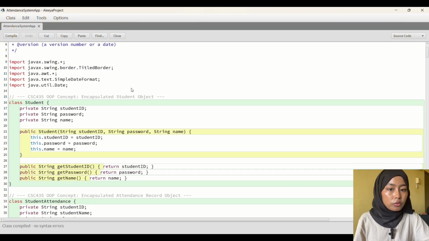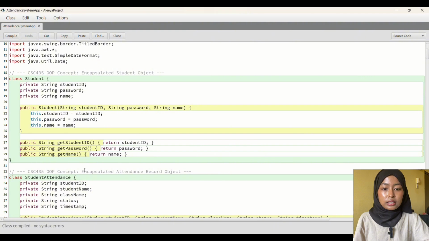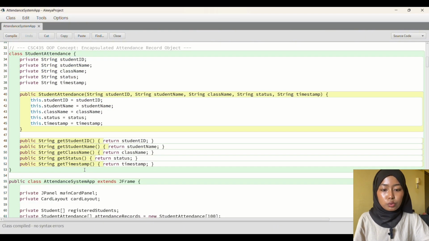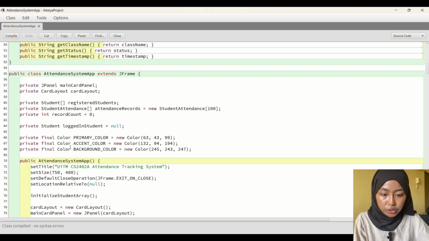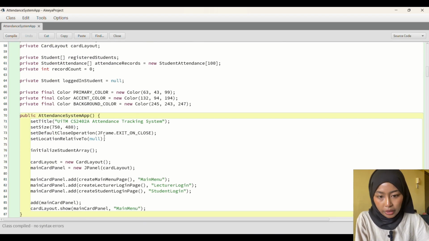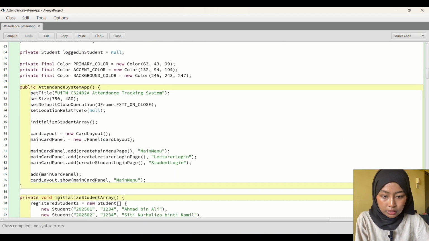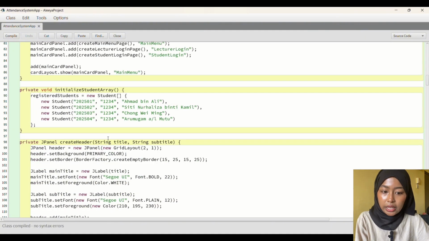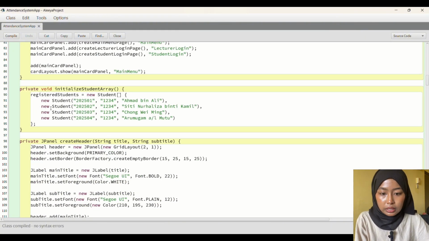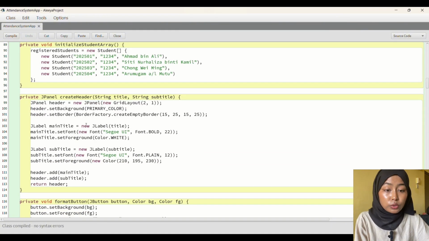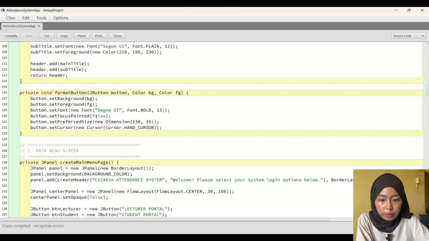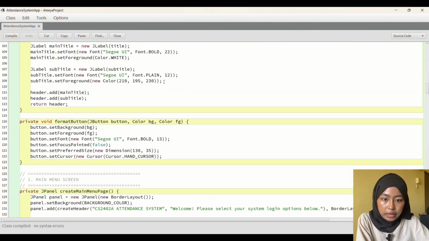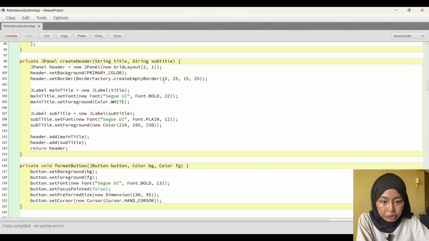Alright, now moving on to our coding. This is our coding. We use GUI components, let me show you. This JFrame, JPanels, and what else? JFrame here too, and then card layouts, JPanel, and then we also use an array for our students' information. JPanel here, and also for my buttons, and then the background, the fonts, and also we use